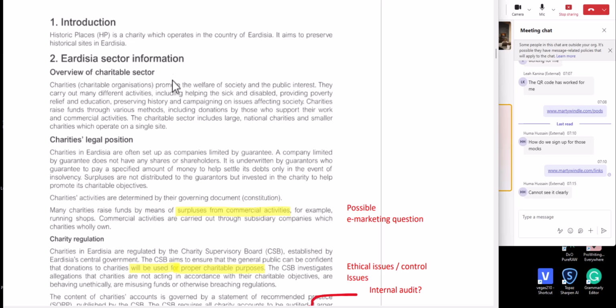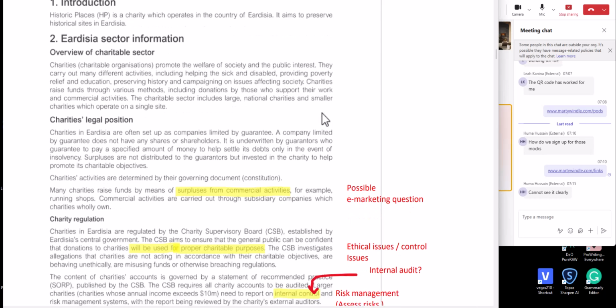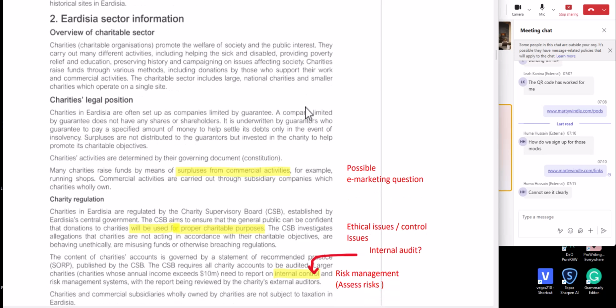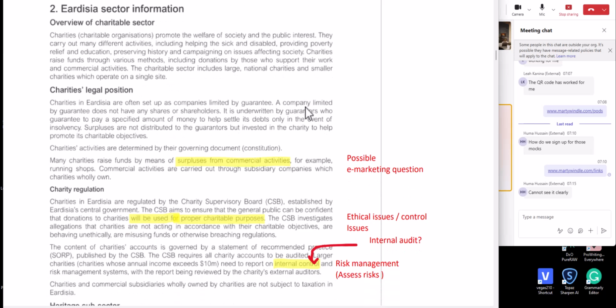So this is a charity organization. They tell you they're operating in this country, which sounds like an anagram. They tell you what a charity is, and the charity is limited by guarantee. So like I said, mostly rich people are going to be guaranteeing that charity for any debts. If you're very rich, you might say, I like this charity, I'll support it, I will be the guarantor of this charity.